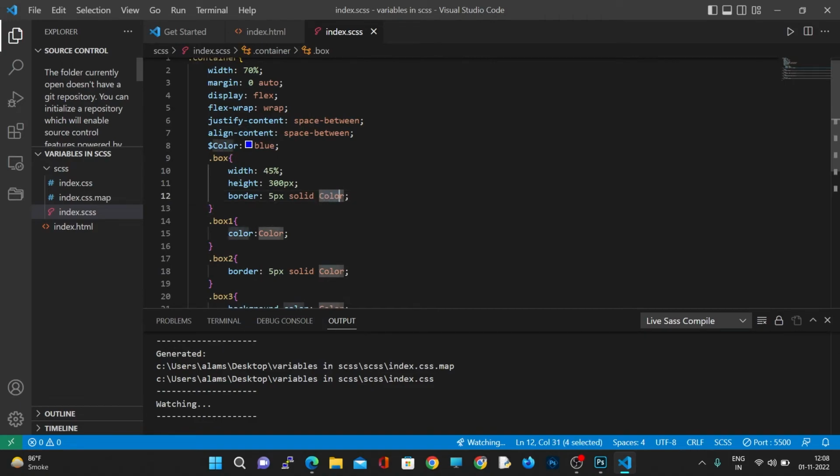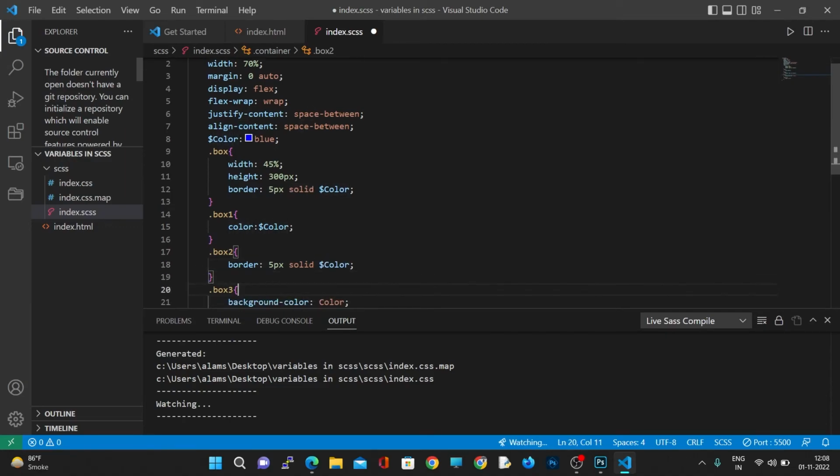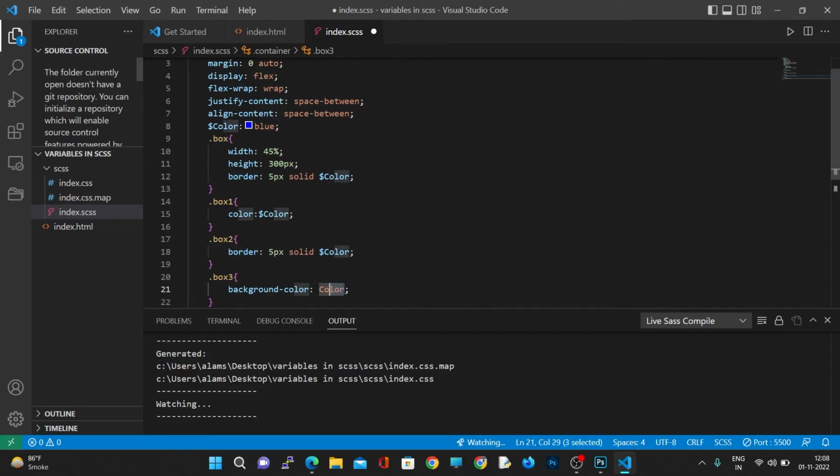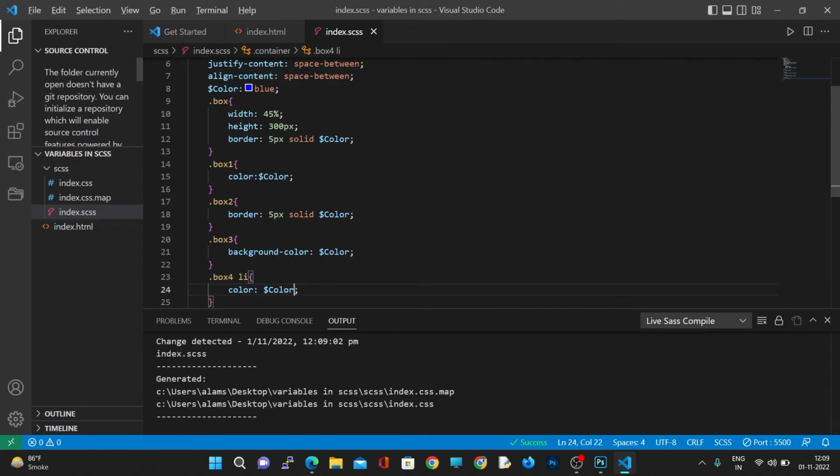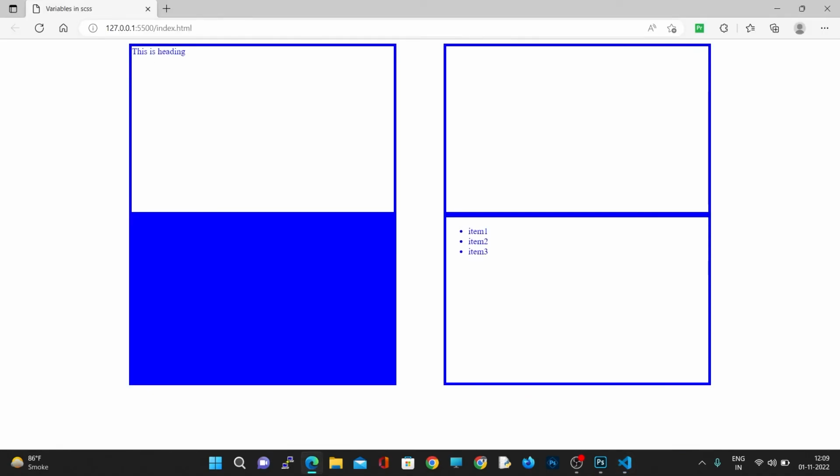Instead of simply color, we have to write $color. Let's paste it here and see the output in the web browser. Now let's see the output in the web browser. That's the blue theme